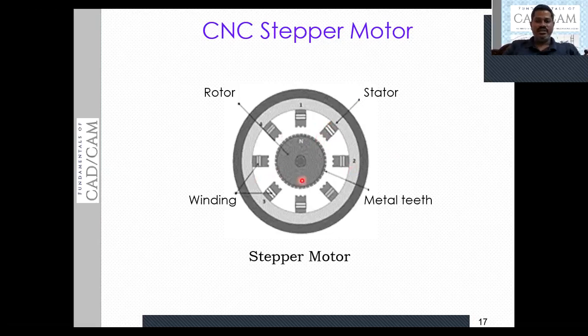With each pulse, we get movement of the rotor. If the rotor receives a number of pulses, in proportion to that the rotor is going to rotate. As I said just now, each pulse corresponds to the movement of the rotor.